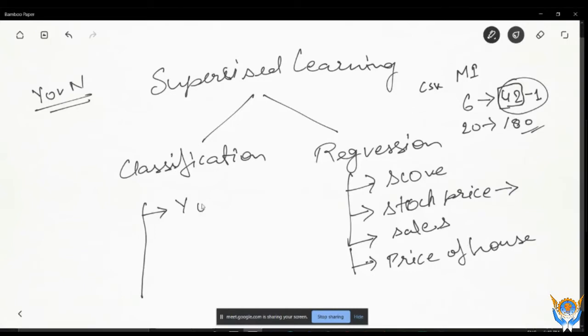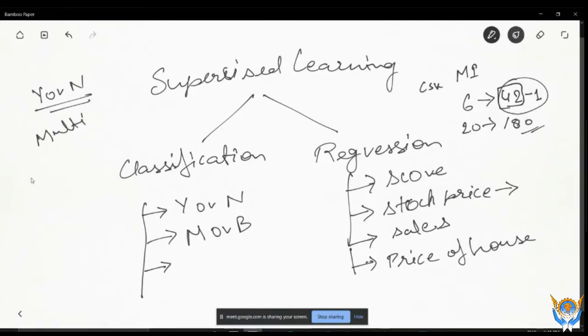Okay, so yes or no is basically your classes. So whether a person has cancer or not is basically your class. When you have this kind of problem where you have to predict whether a person has cancer or not, or what type of tumor a person has, whether it is malignant or benign, then you can also predict, like in our day 3, we are going to make a multi-class image classification.